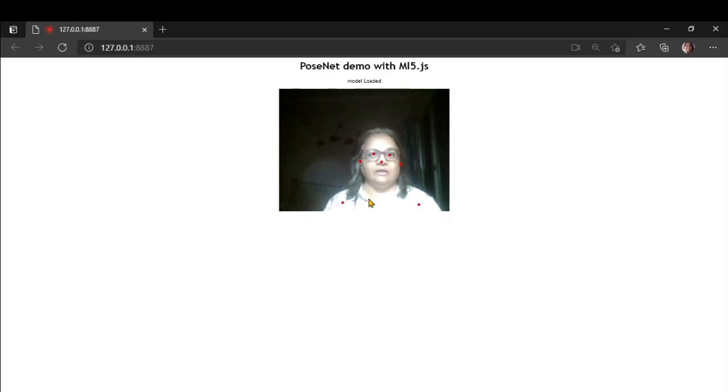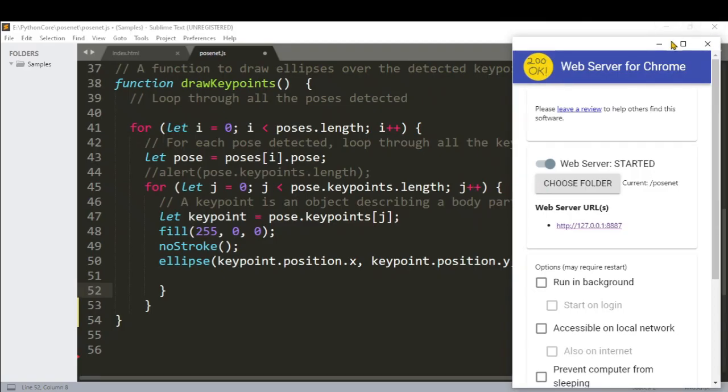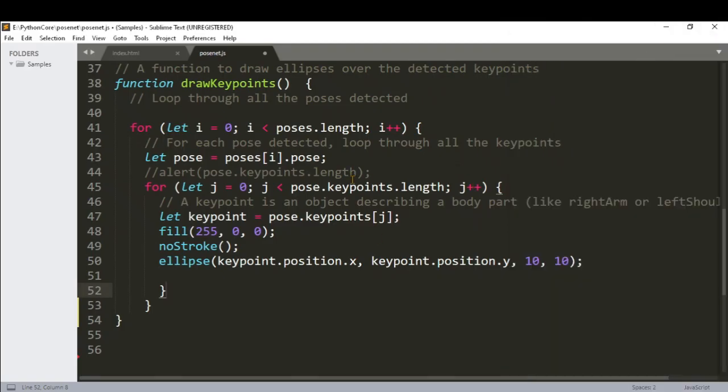And if I wave my hand, or if I get up, you can see the complete pose, and you will see there are some more points which are available because I have not checked the confidence score. Confidence score is one such value, one such result that you will get here. In the key points, you'll also get a confidence score between 0 and 1, and you can write an if statement that if the confidence score is greater than 0.2, only then you would want to fill that particular x, y position.